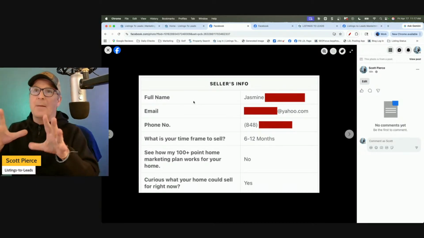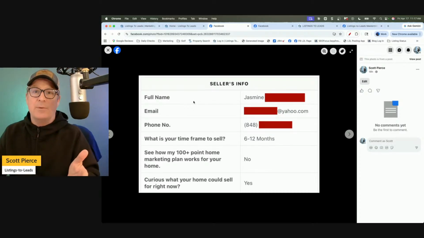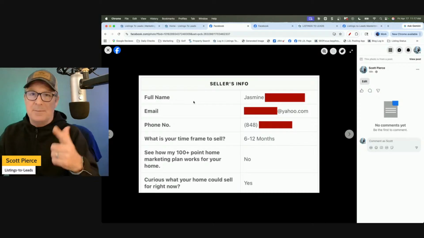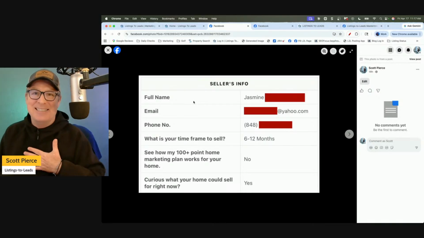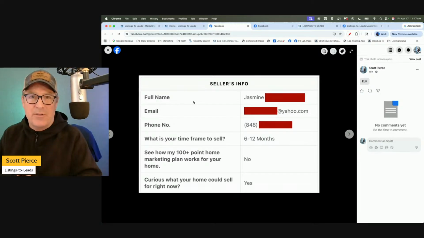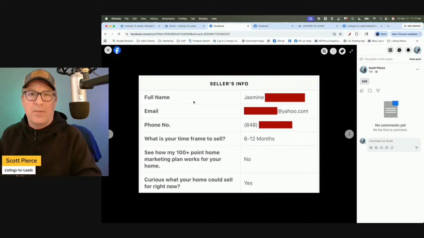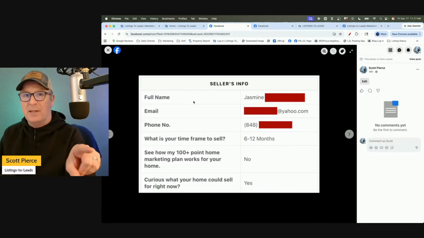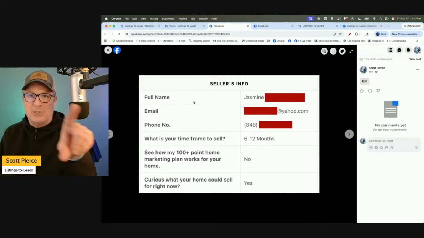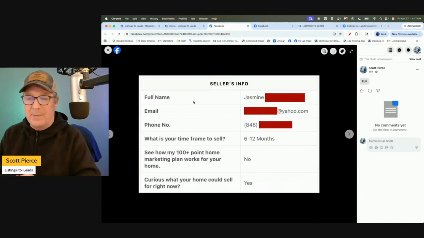I can't remember exactly if it might be different in different areas, but if you look at the Zillow language, their estimates are off quite a bit. We know that as agents, but sellers and homeowners don't know that. Buyers don't know it. So when a buyer comes to you and says, Zillow said the home was worth $450,000, why are we offering $480,000? Make sure you understand, and you can point them to the legal information around those estimates regarding the fact that they're off by quite a bit.